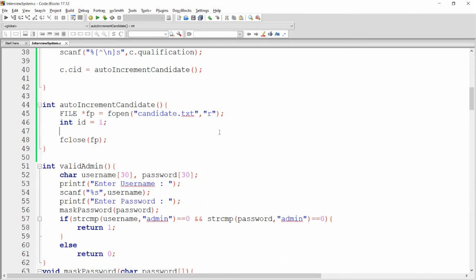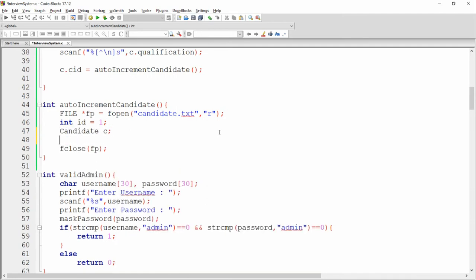Now I want to read the structure. So we can declare a variable here, candidate c. Here we can write while, and here we can write fscanf. Now I want to read from the file, so what values are available in the file? In the file, it will be the candidate ID, name, username, password, Aadhaar number, address, and qualification. So here we can do fscanf fp.